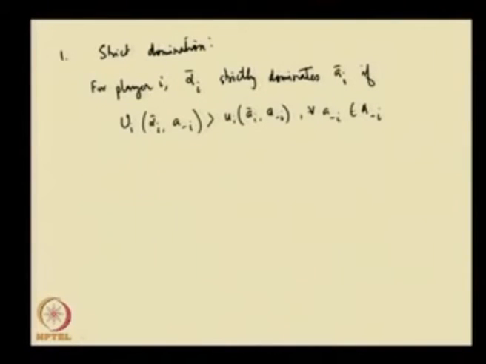The idea of strict domination here when randomization is allowed is similar to the idea of strict domination when randomization was not allowed. What we are saying is that this mixed strategy of player i, alpha i bar, is strictly dominating an action of his, which is a i bar, if the